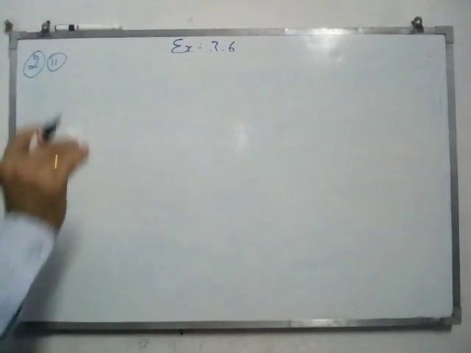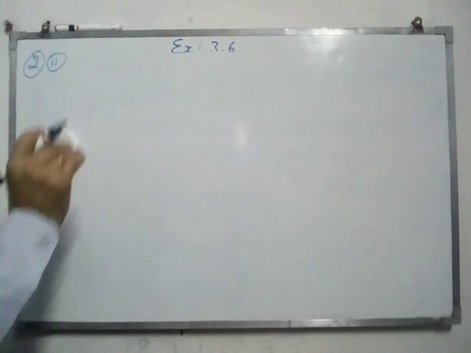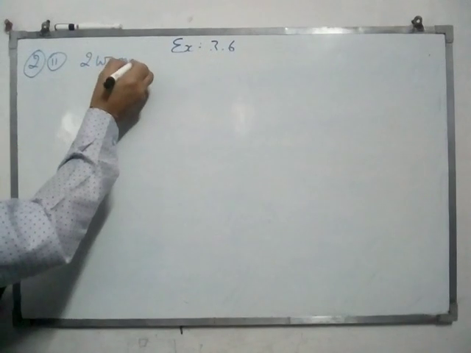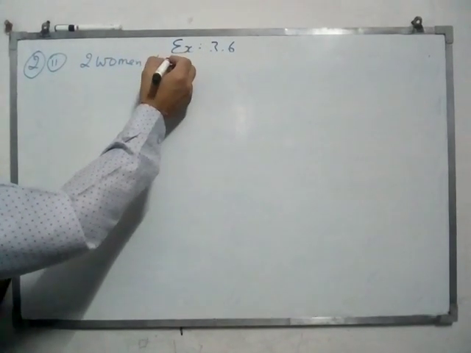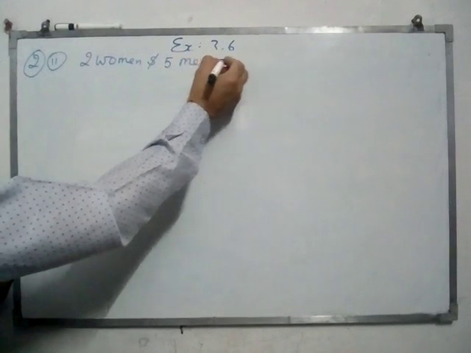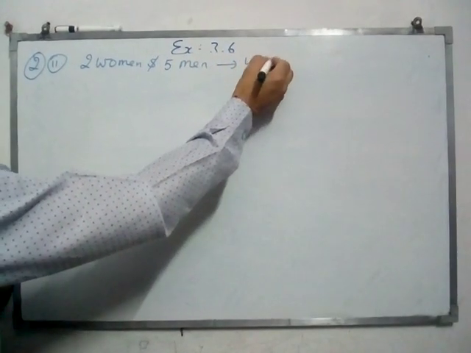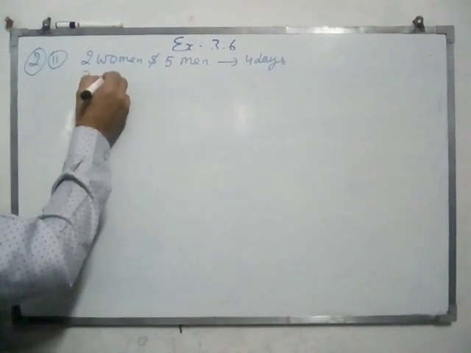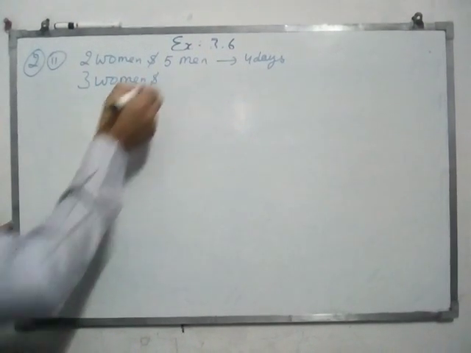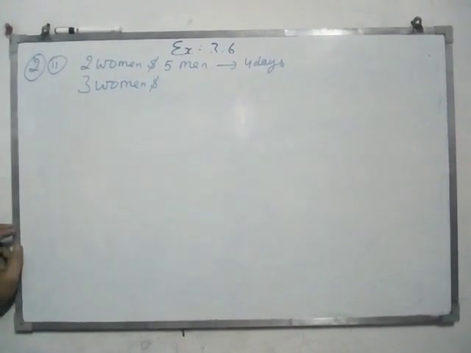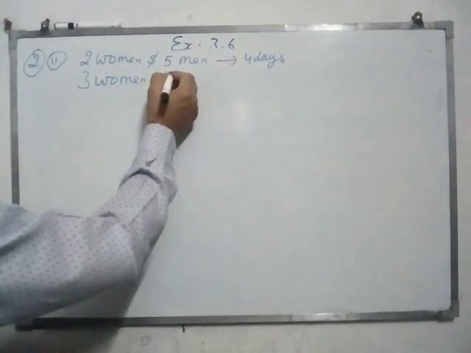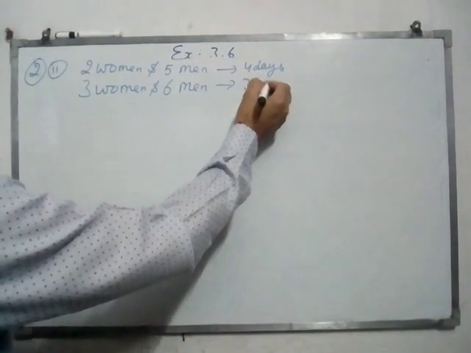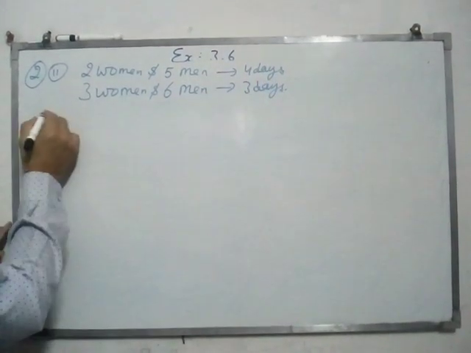Two women and 5 men can together finish a work in 4 days. There is given 2 women and 5 men finish a work in 4 days. Similarly, 3 women and 6 men can finish a work in 3 days. Right? To find